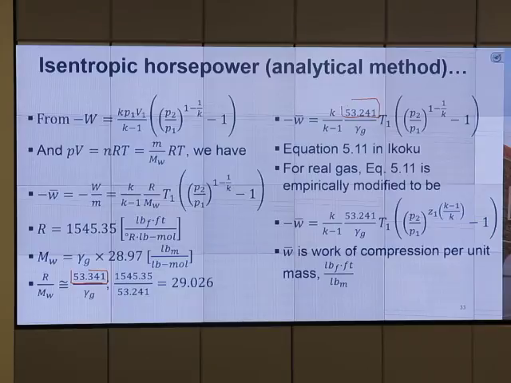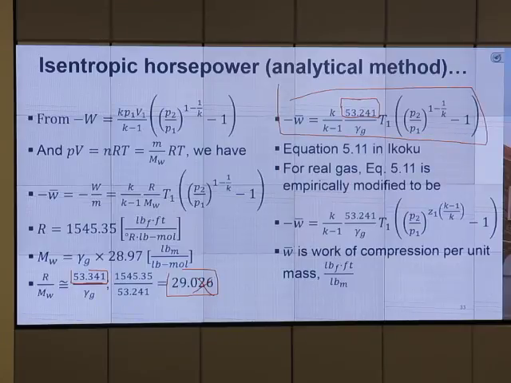Ikoku gets 53.241. I think it is a typo. If we use 53.241, that's equivalent to a molecular weight of 29.026. It doesn't matter, okay? This unit doesn't matter anyway. So when we do the unit conversion, we get that equation almost ready, except